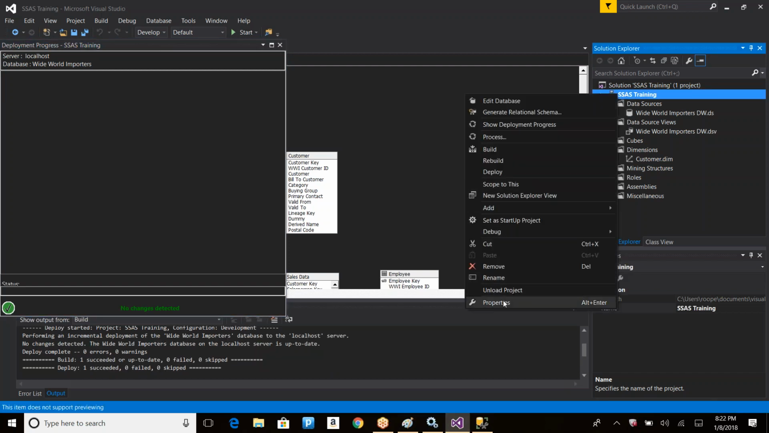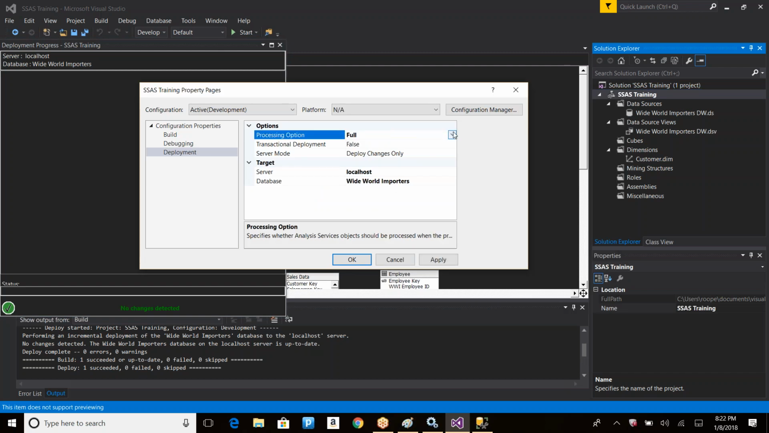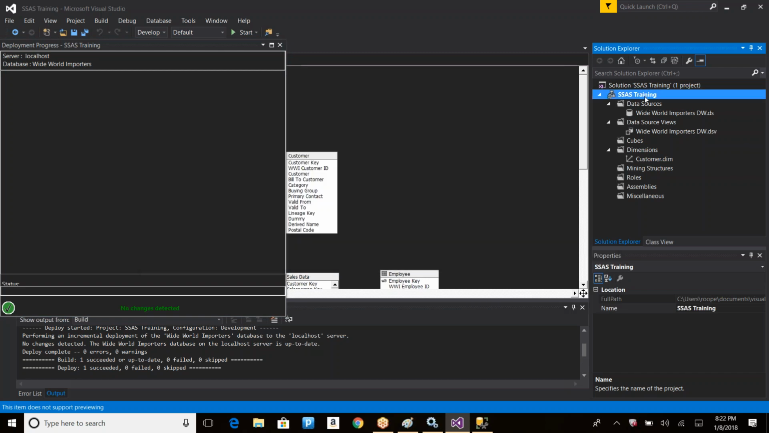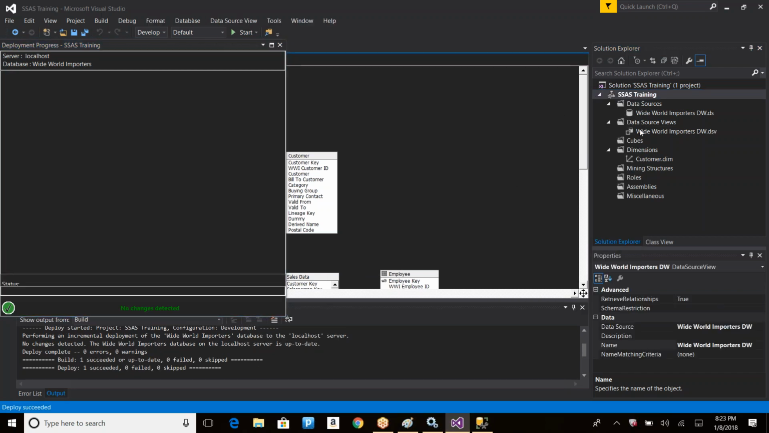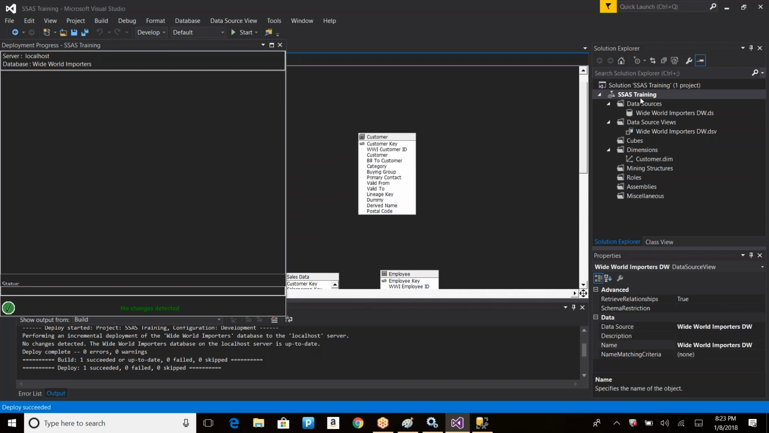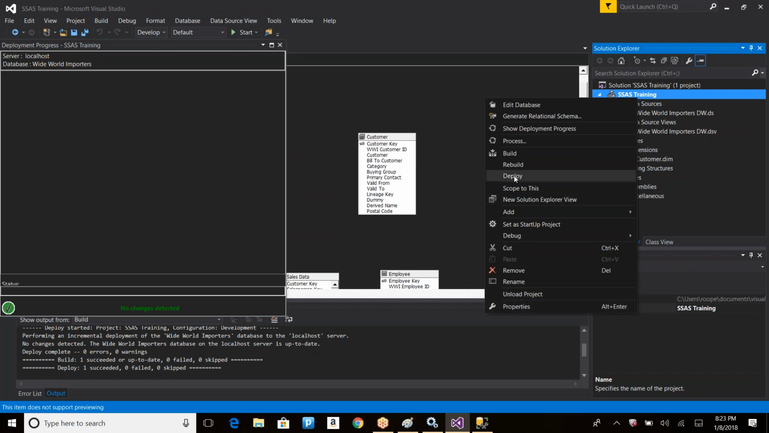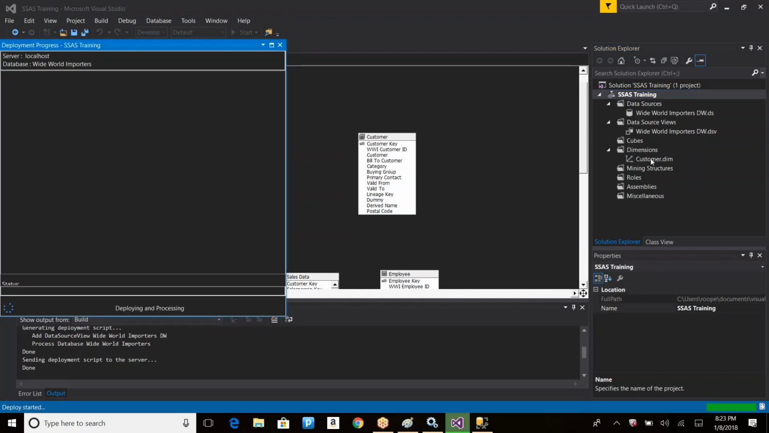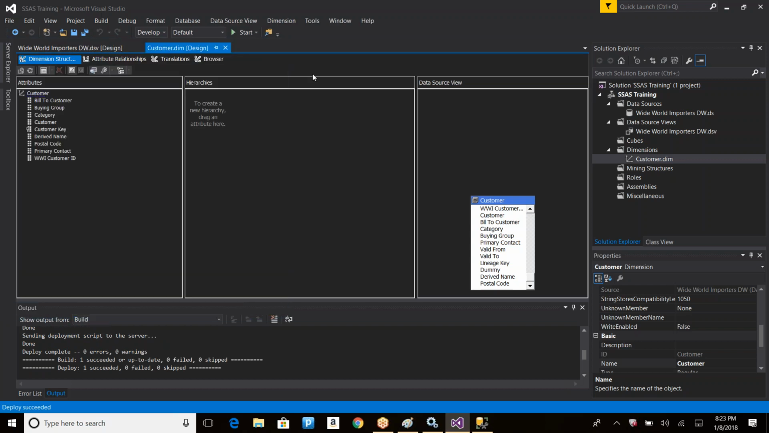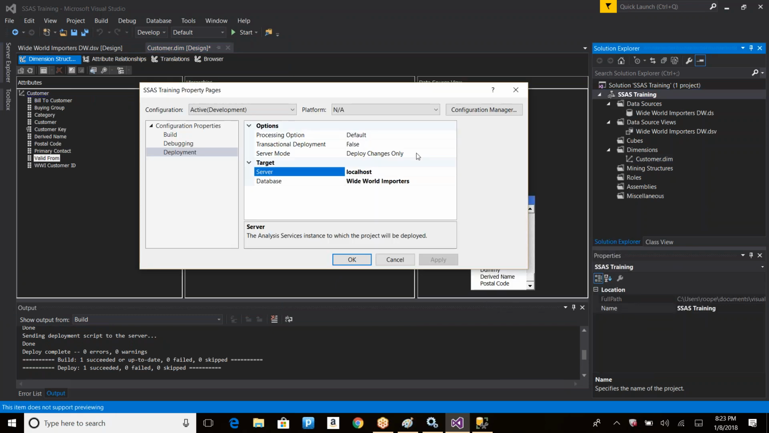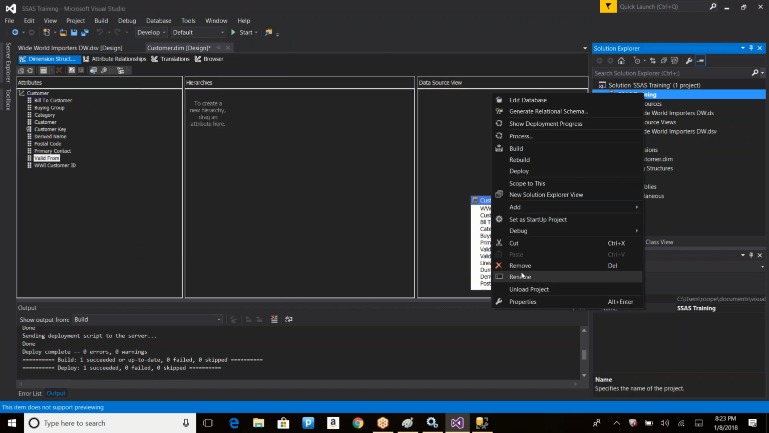Now let me set it back. Properties. Set this to, let's say, full or default, and let me try to deploy. It's saying no changes. Wait. Let me change something. I have category already added. Let me add value from. Now let me change the properties to do not process. And when I try to deploy it,